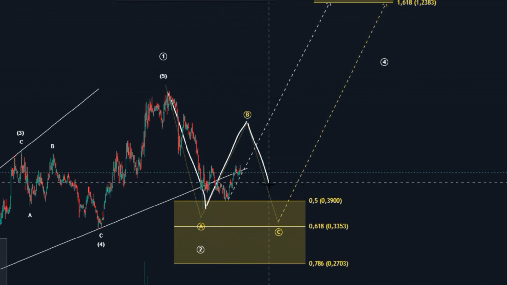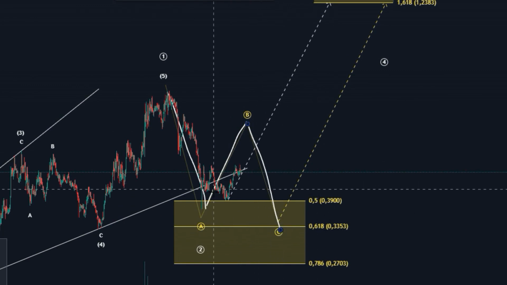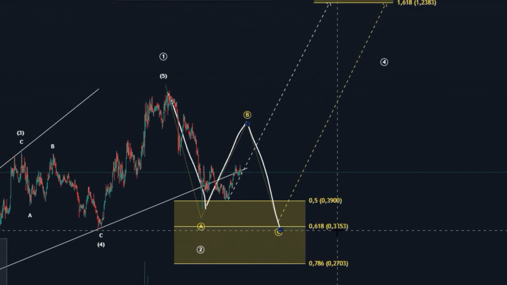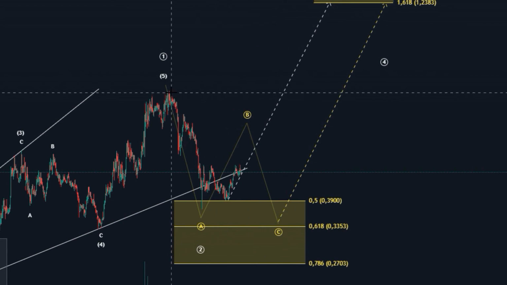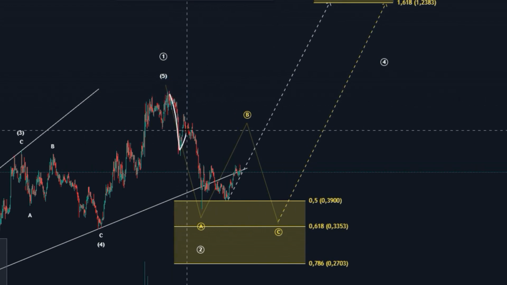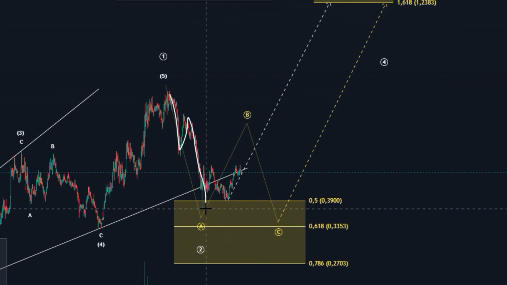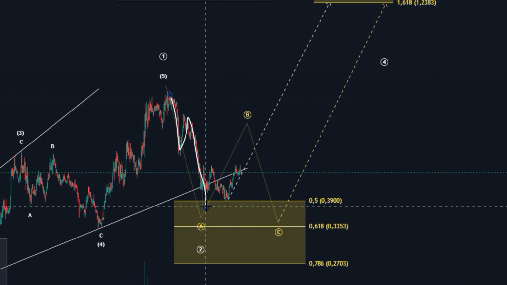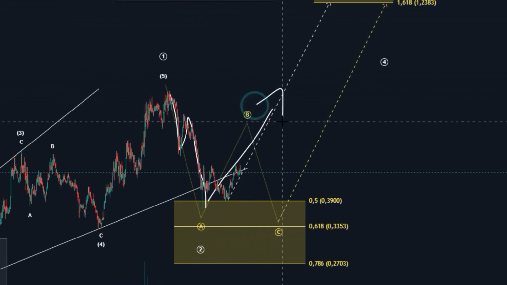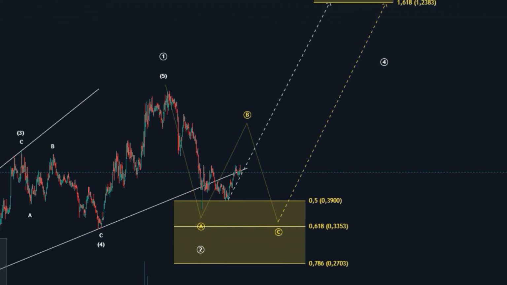And then we could go even deeper into this starting zone and maybe also hit the 0.6 weighting Fibonacci level. The alternative would be, because it's a trend channel, you always need an ABC, and that can still be counted that way at the moment. We would have wave A here, then wave B, and we crash down into wave C, and we would have already completed wave 2 down here. And from here, practically running straight up into the next wave movement of wave C. That's not quite certain at the moment. You have to take a look at that.